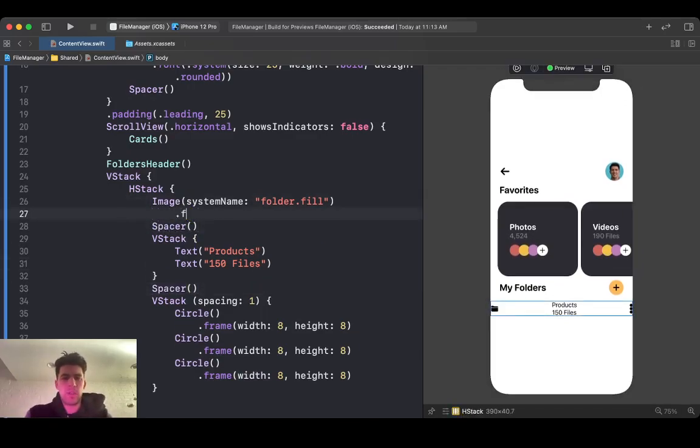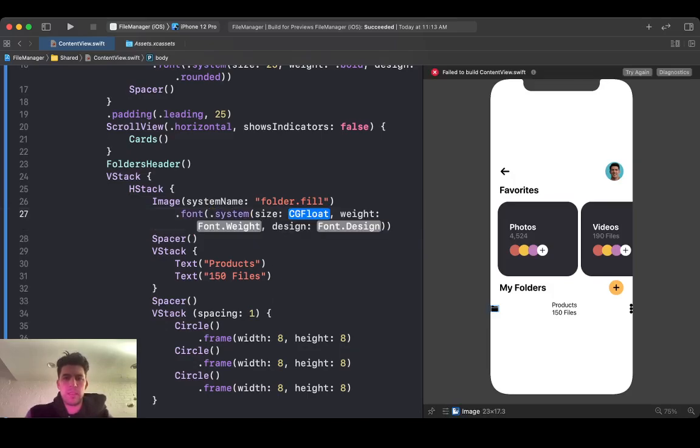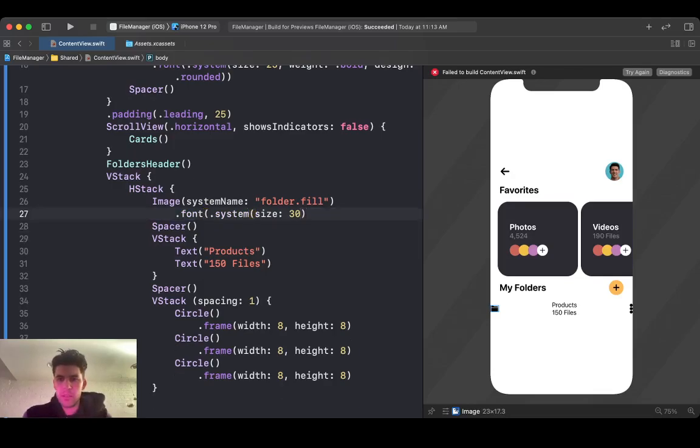Okay, spacer. Once we get this one card down, it'll be smooth sailing from there, guys. So I'm gonna make this like a 30. I think I can just do 30 here like this. No. Font